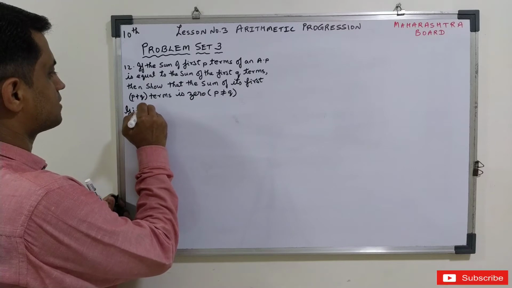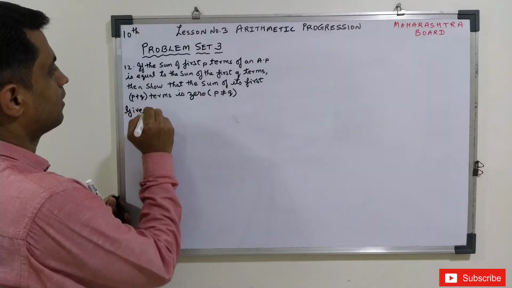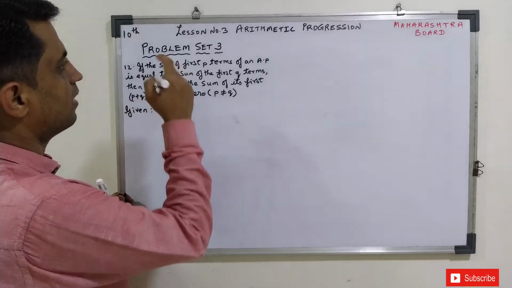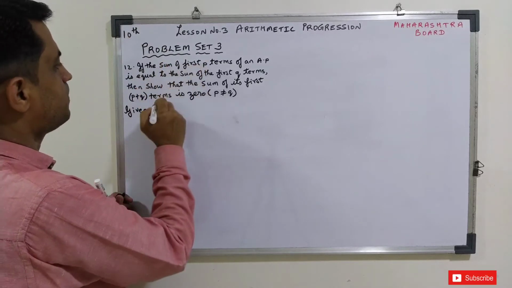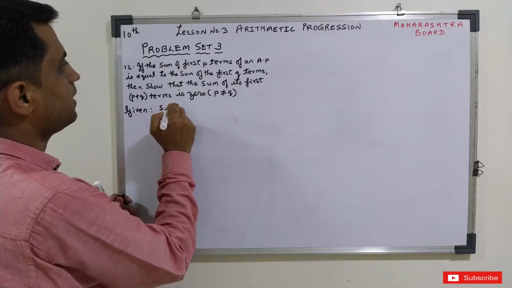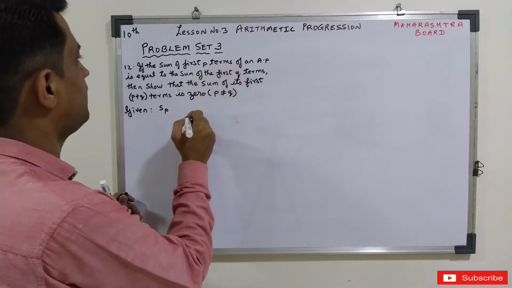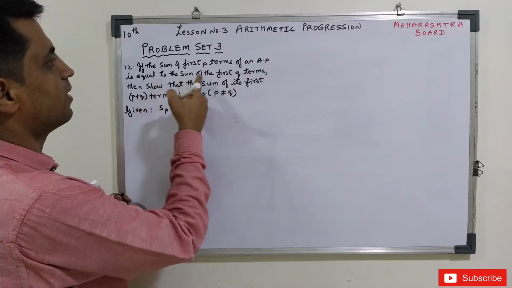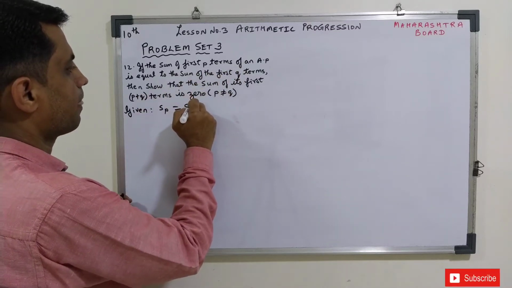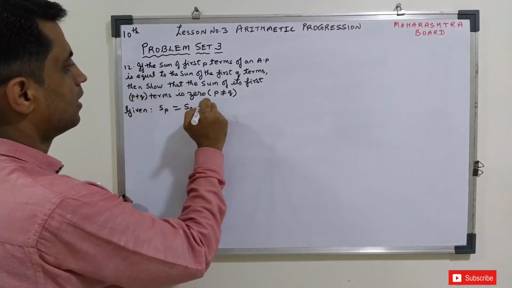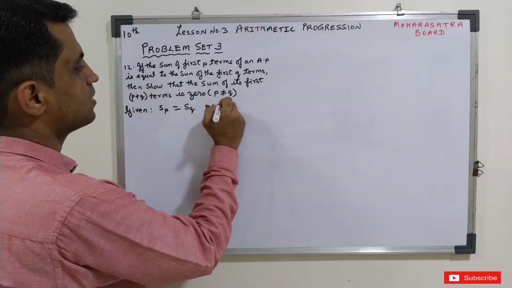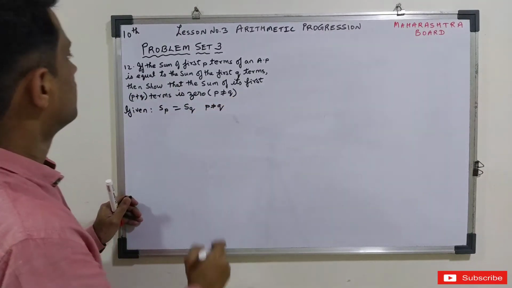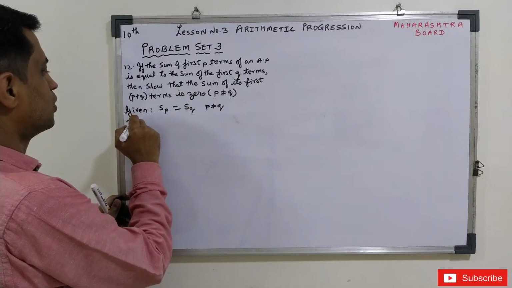Given: the sum of the first P terms, that is SP, of an AP is equal to the sum of the first Q terms. They have also given that P is not equal to Q. To prove: